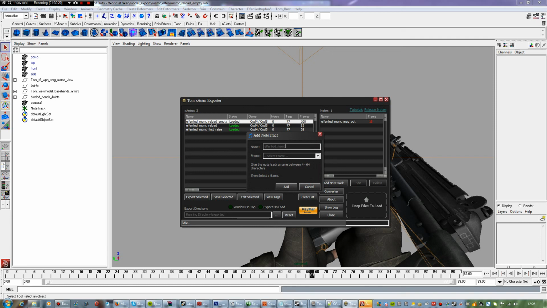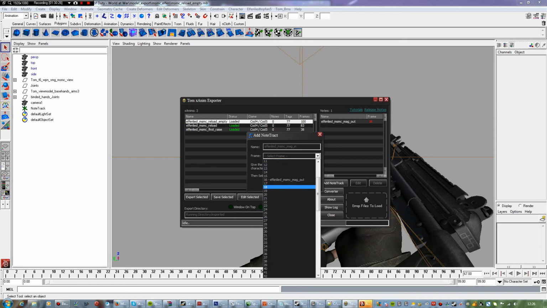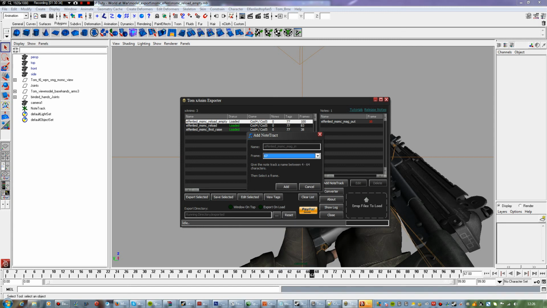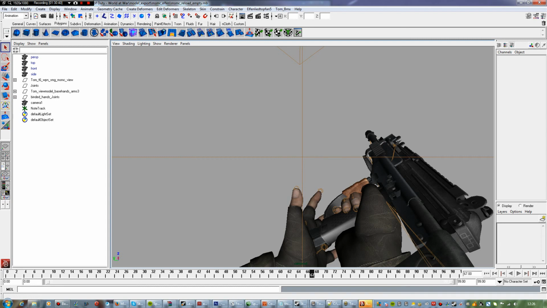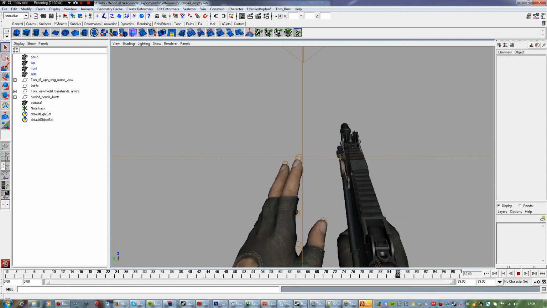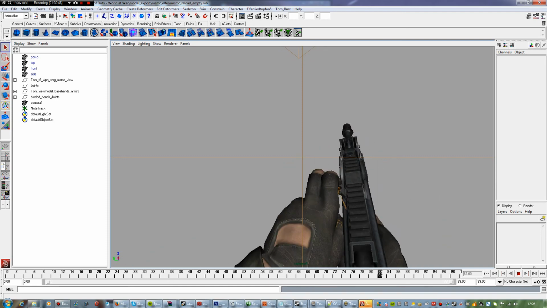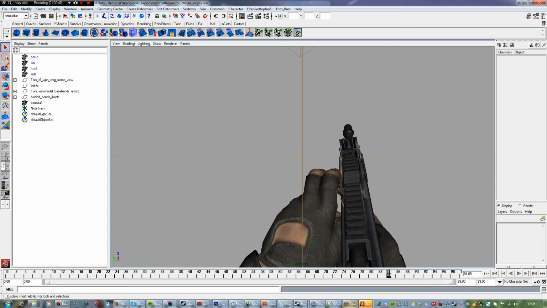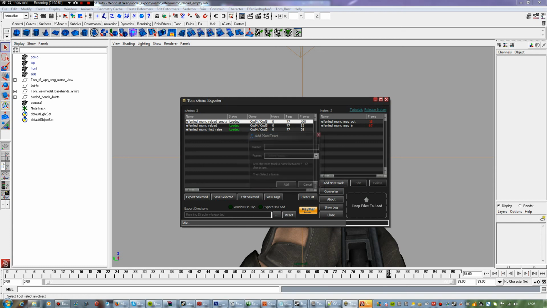Wade underscore MSMC underscore mag underscore in. Select the frame, which would be 67, and push add. So that's mag in, mag out. Then you would keep scrolling through until you pull the, so it'd be there more or less. So that's 84. So add note track, and that'd be